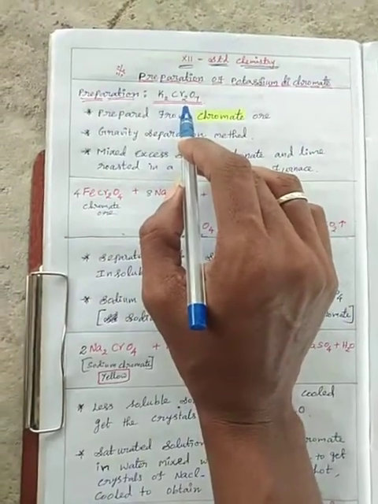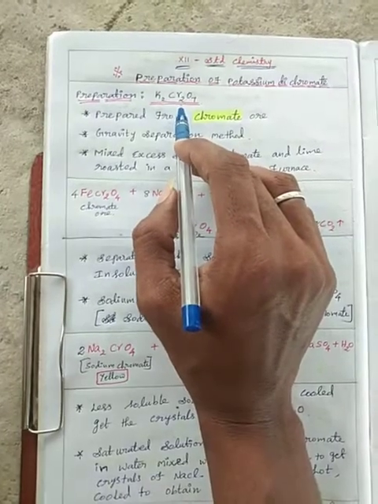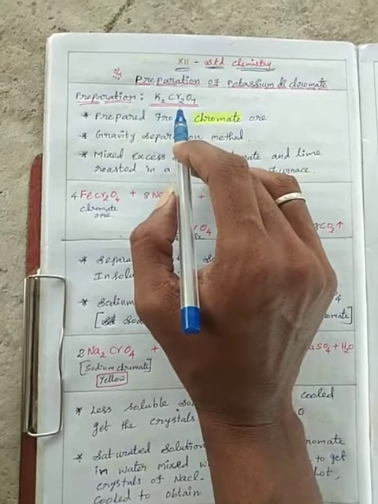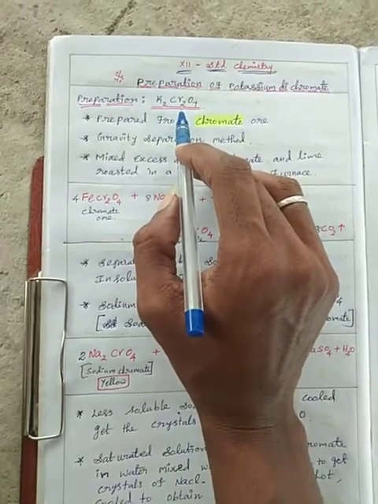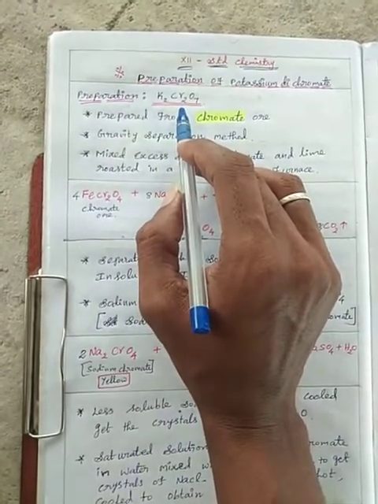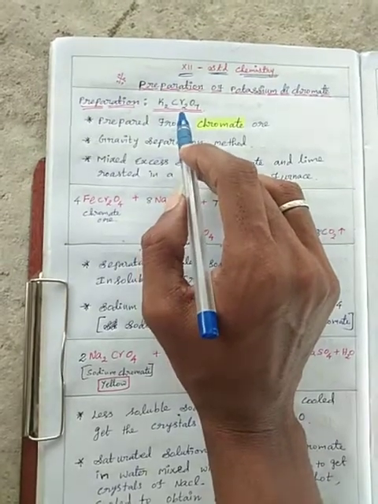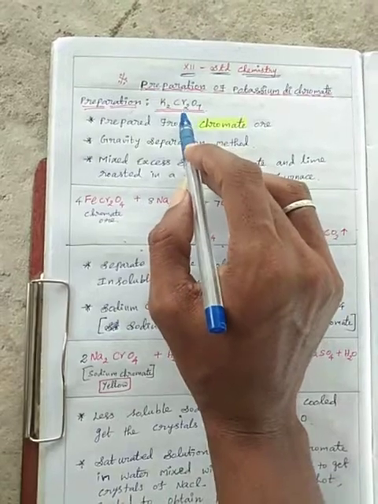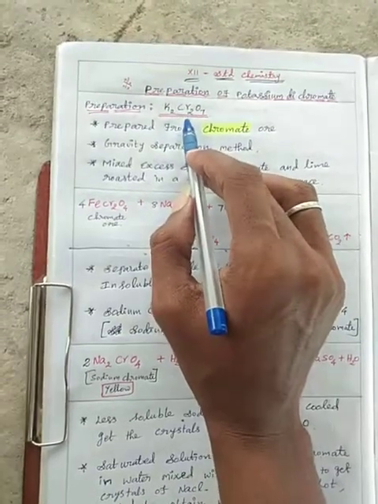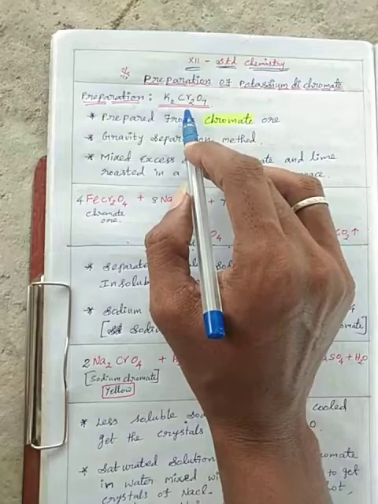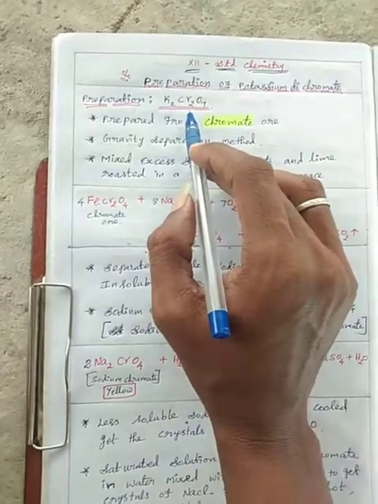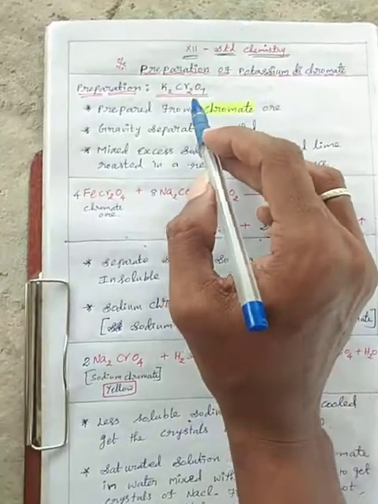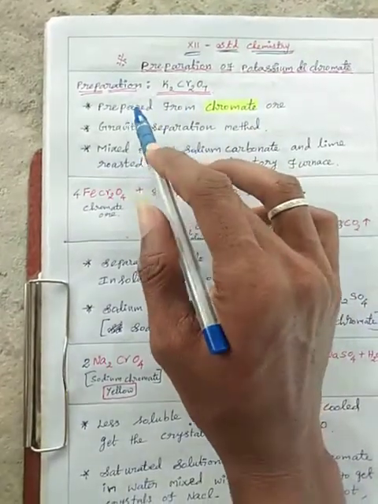In the chromyl chloride test for confirming chlorides, a pinch of solid potassium dichromate is added to the salt. Oxidizing, chromyl chloride gas evolves as red orange vapors. It is a very important oxidizing agent for the laboratory with important uses. So potassium dichromate, how will you prepare it? We will discuss it in depth in this class.